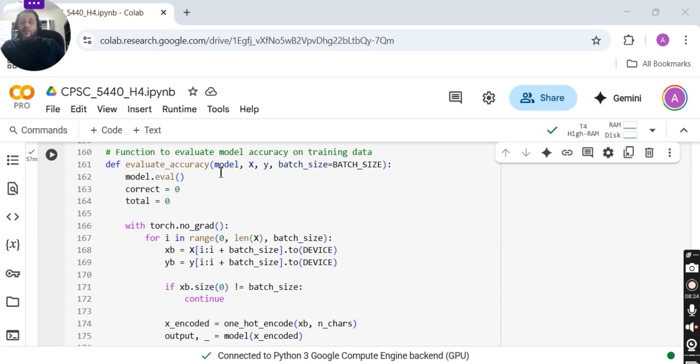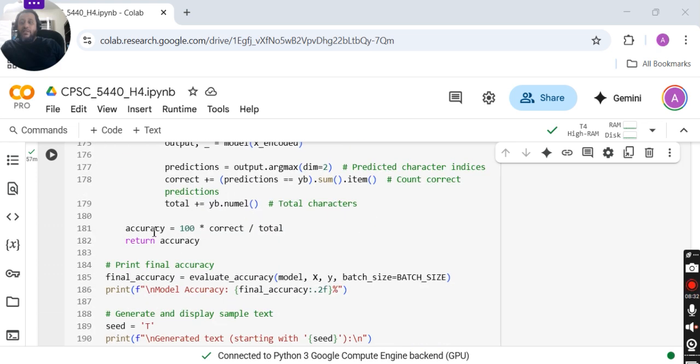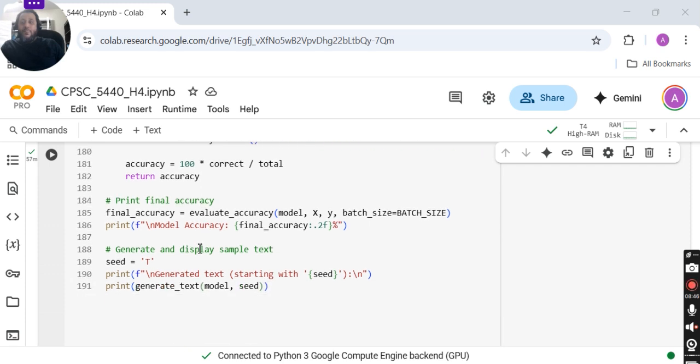And here I'm doing the evaluation, calculating the accuracy of the model. It's pretty much the same as previous. We calculate the accuracy based on correct predictions, where the prediction is equal to YB. If both are the same, then it is a correct prediction, and we increment. Then we calculate the accuracy, and here we are invoking this evaluate accuracy. Here we are starting with the character T. It can be any case-sensitive character. I use the case-sensitive one because I want it from the start of a sentence.